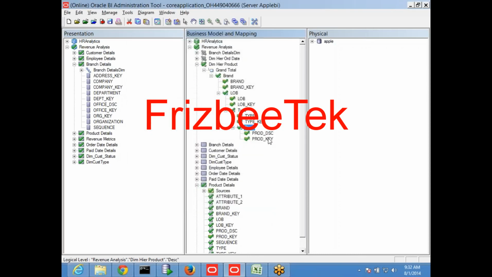Technically it will use the key column for retrieving the next level of data, but the use for display column will be placed in a report, for the report purpose. This is how it works.